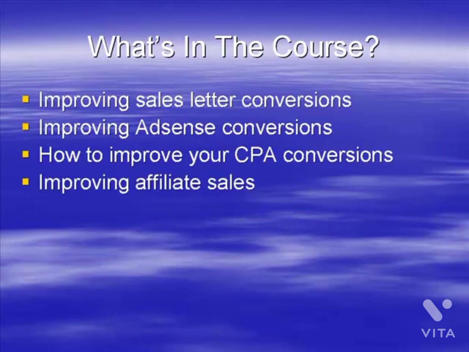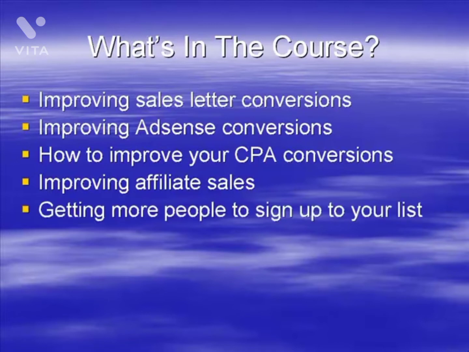We're going to talk as well about affiliate marketing. And there's a lot of people out there that do affiliate marketing, and many people get into this as the first thing they do in internet marketing. So we're going to talk about how you can get a higher conversion rate on your affiliate marketing sales. And of course, list building, something very, very important to a lot of people. Of course, if you make a lot of money from your list, we're going to talk about how to get more people to sign up to your list, improve your conversion rate there as well, which of course is going to be very, very important to you.